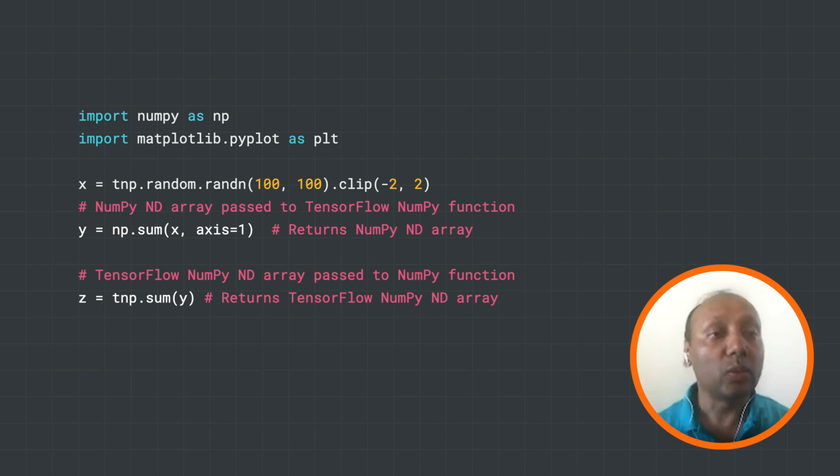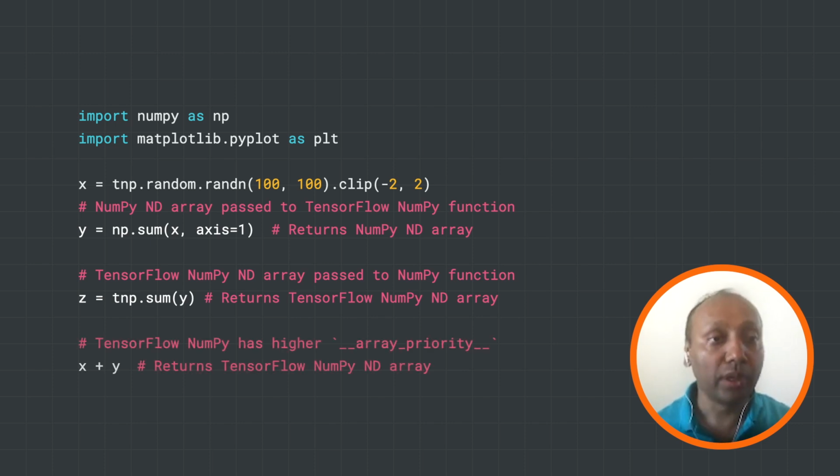How that works is when the function is called, it will force a conversion from TensorFlow ND array to a NumPy ND array, which might involve copying data. The function is called, and then a NumPy ND array would be returned. Similarly, you can take this ND array now and pass it to a TensorFlow NumPy function. So here we call tnp.sum, and that again triggers conversion from a NumPy value to a TensorFlow value, calls the function and returns a NumPy ND array. So this allows you to take existing code, and even if things are not supported, you can at least get it working. It might not work as well because of all these data copies, but let's at least get your code running.